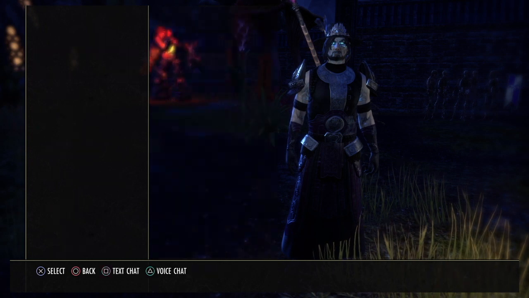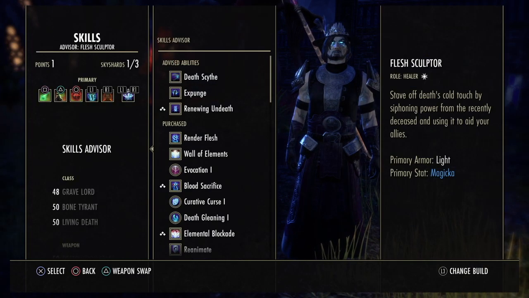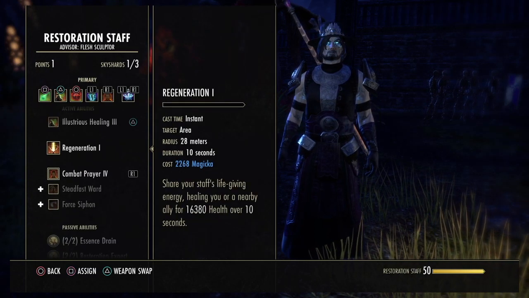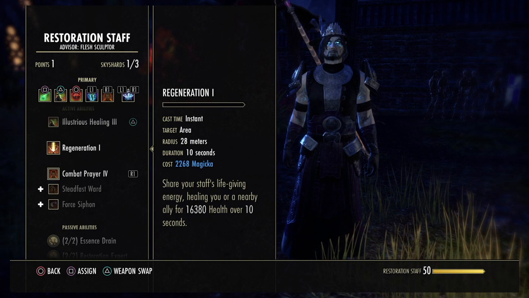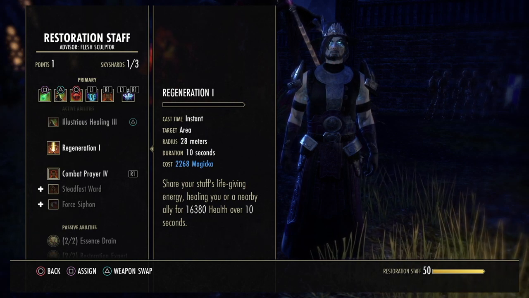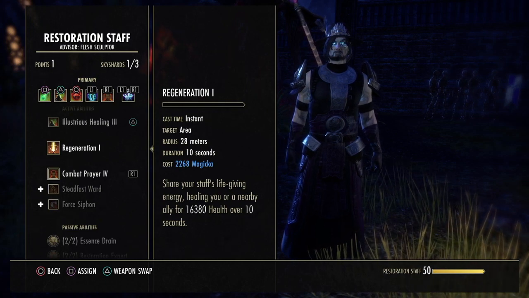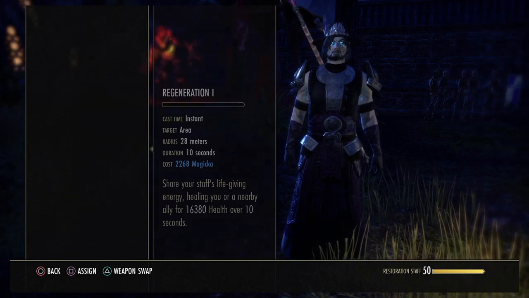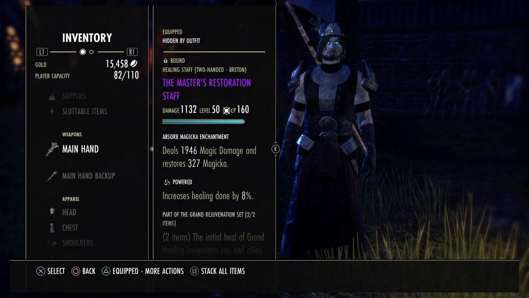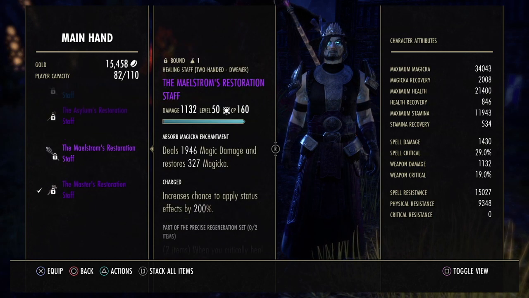So the Maelstrom's resto staff would only be helpful if you would be using this skill, Regeneration, and morph it to Radiating Regeneration, which is helpful in some content. I'm not going to go into detail, but if you choose to use that skill, then the Maelstrom's resto staff might be for you. Overall though, the two stronger ones are definitely the Master's, because it gives everybody resources back,